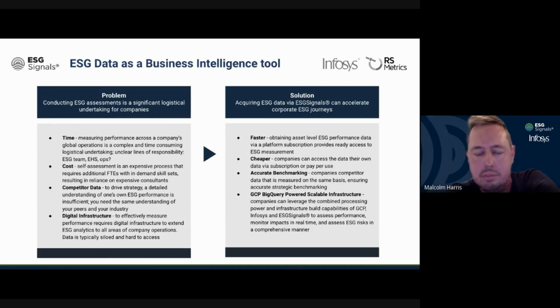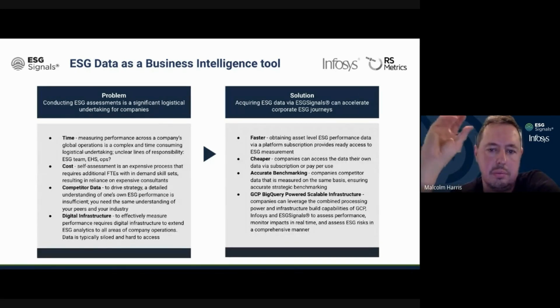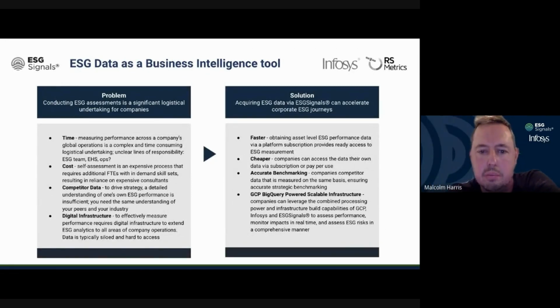This is about democratizing access to this data, from a niche, limited corporate ESG data acquisition exercise to something that can be spread throughout a company on an objective basis, that every decision maker, from the C-level down to operational folks, can use in their day-to-day, just like they use traditional KPIs based on financials and units sold. If you can go to the next slide, Desi, I'll make this a little more concrete by talking through a case study.